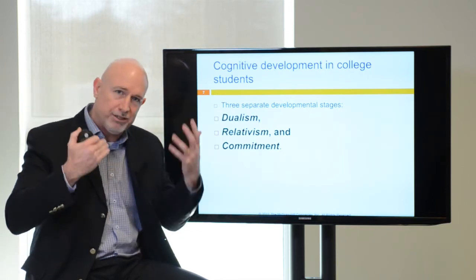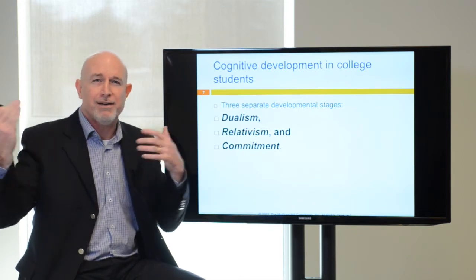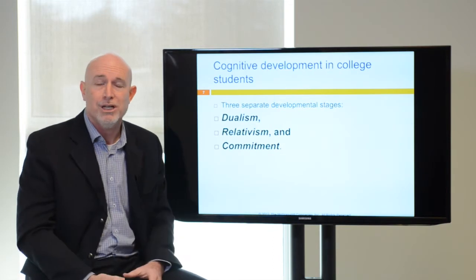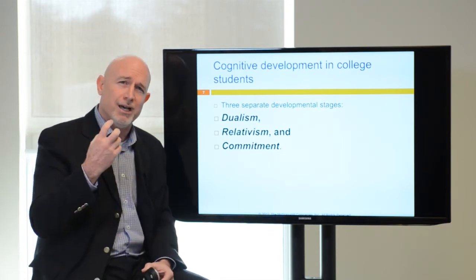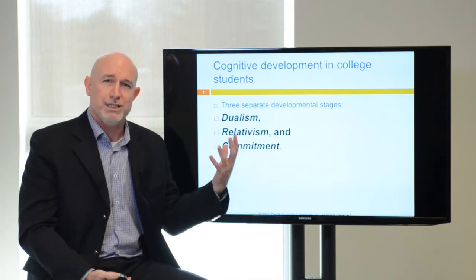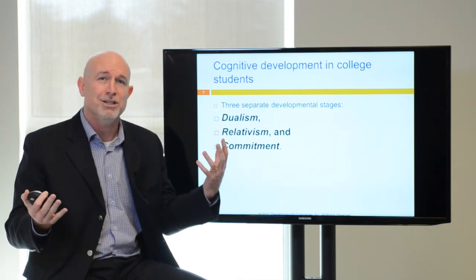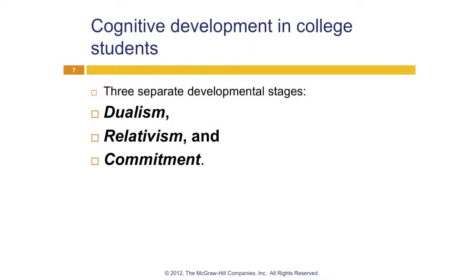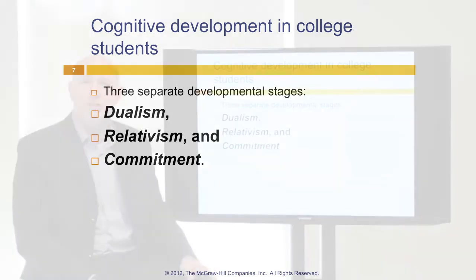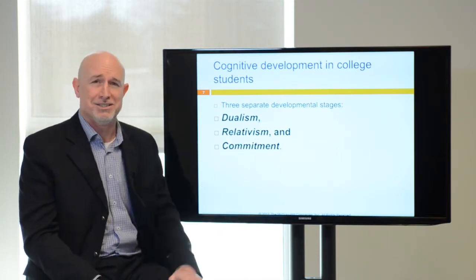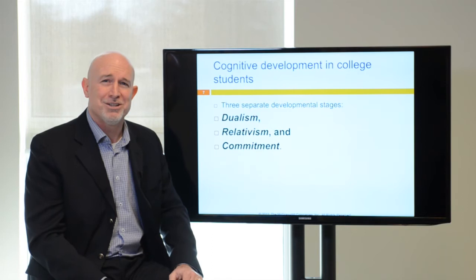Many students move, as they have all of these conflicting thoughts coming into their mind, and as their worldview begins to be challenged by so many other divergent realities and facts and cultures. Many times as you move into a university environment, with different perspectives and learnings on things, students can move from dualism, where they see black and white and right and wrong, to a realm of relativism, where basically they say, it doesn't really matter, it's your opinion, everybody's right and everybody's wrong. If you believe it's right, good for you. And oftentimes people say that really this is laziness on the part of students because they don't want to work